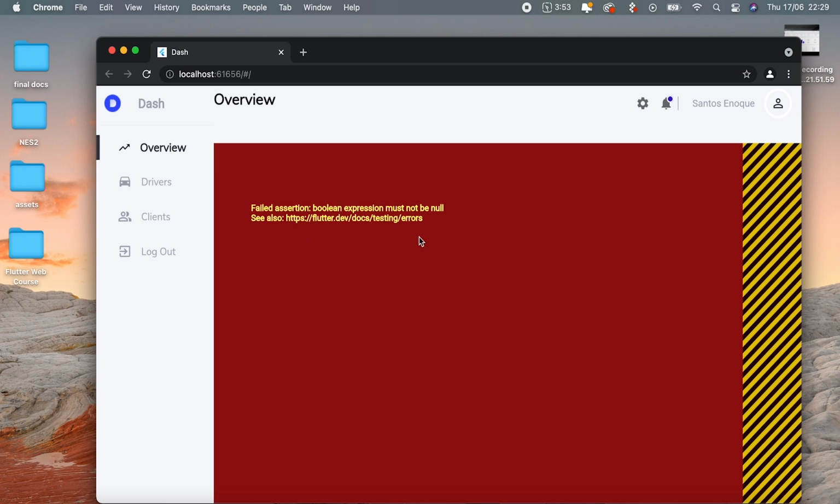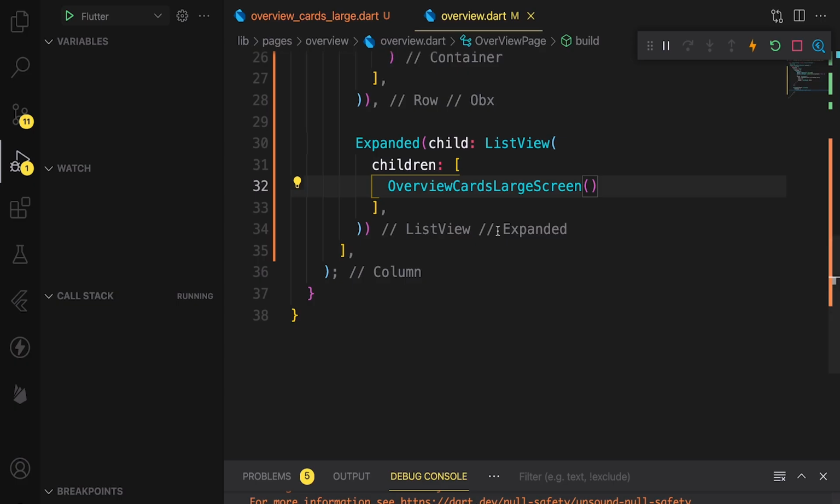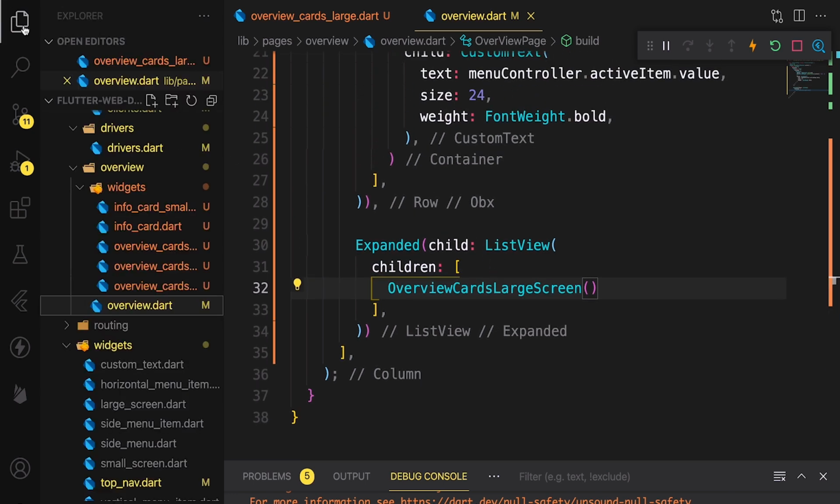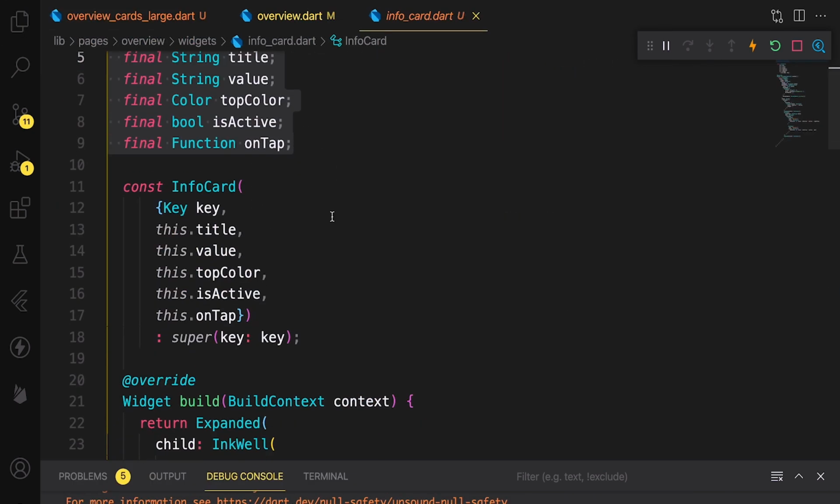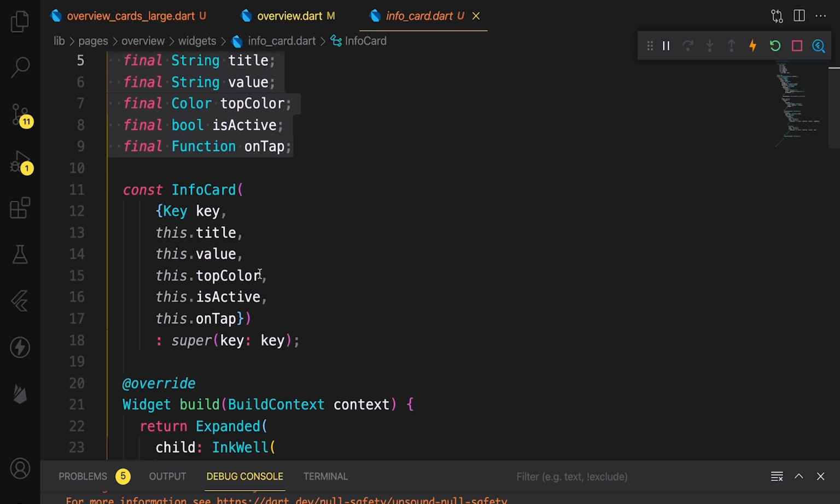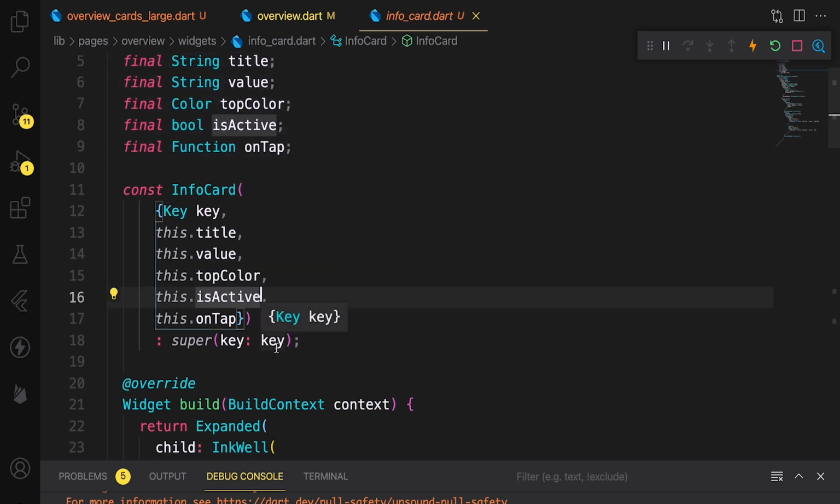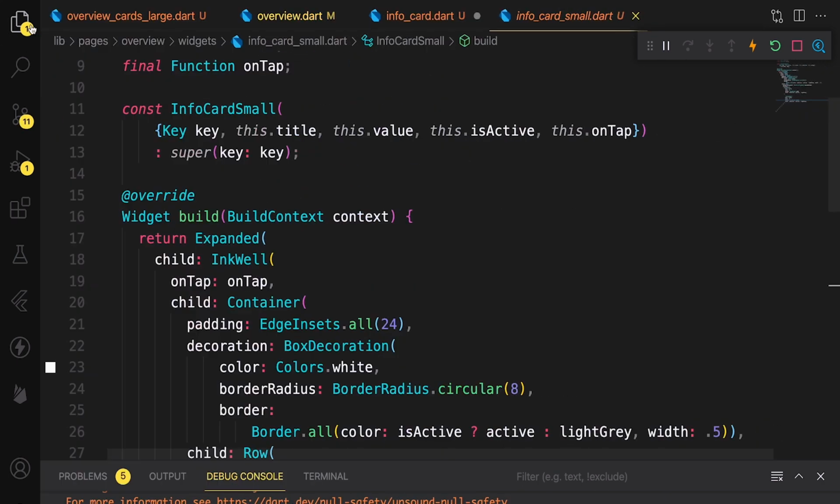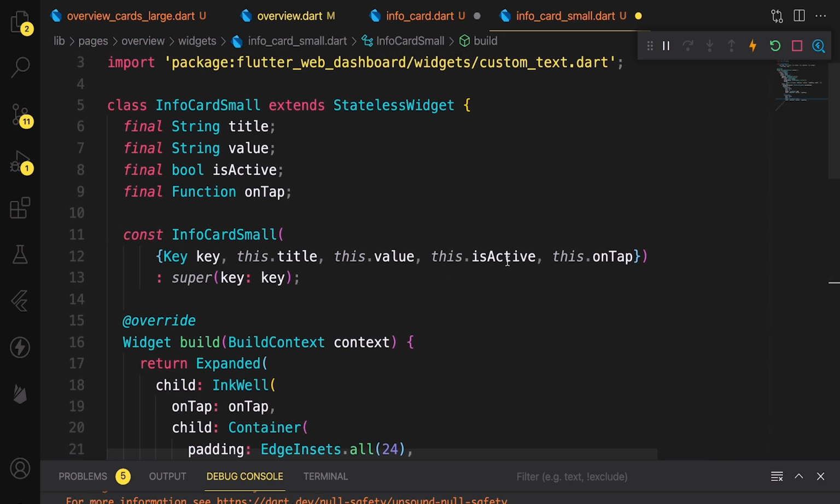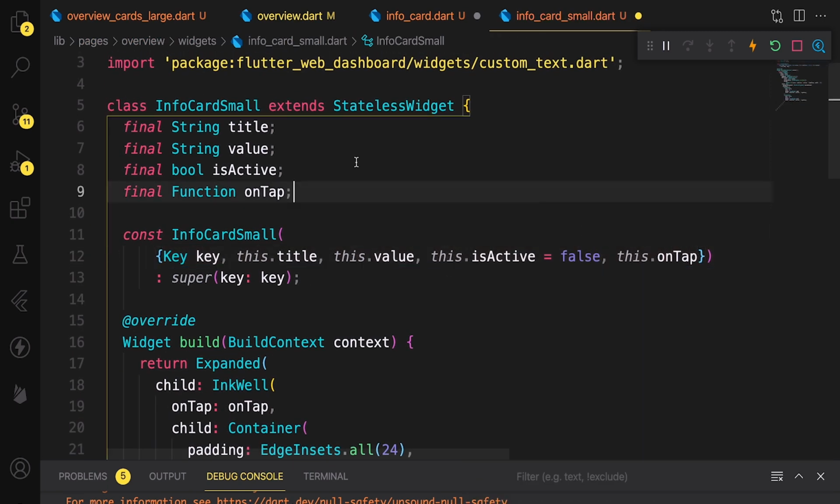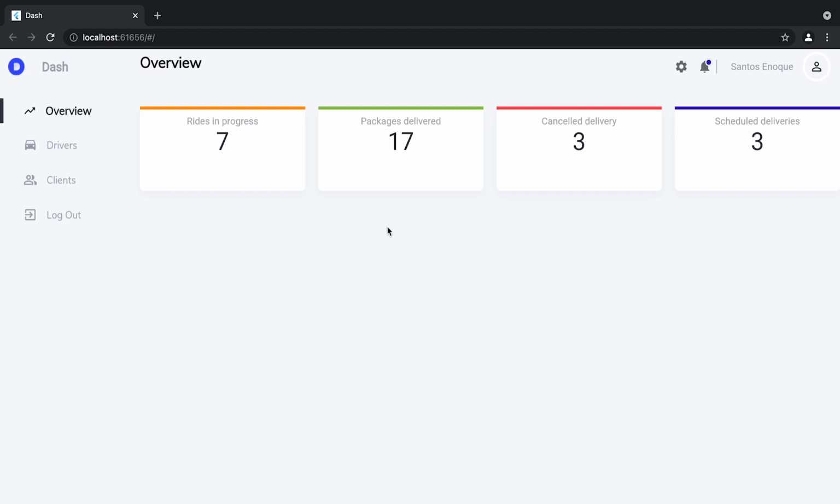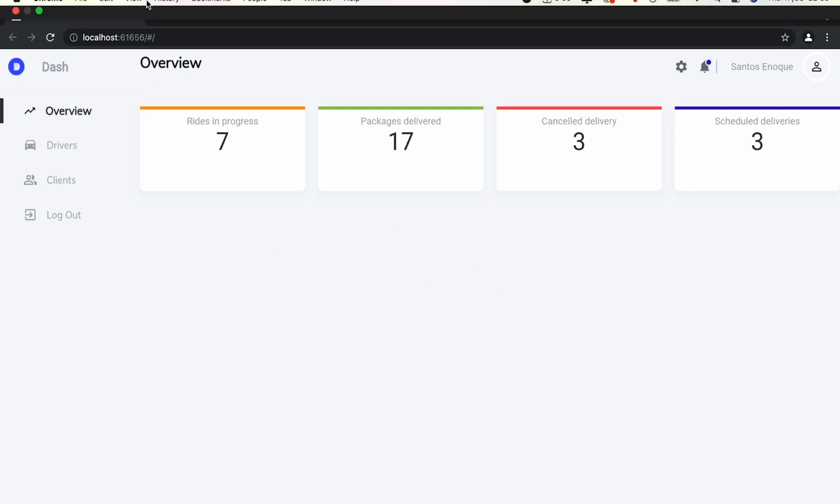Here we have an error. It says something about the Boolean expression being null, and that's a very easy thing to fix. We just have to add a default value for the isActive variable. And here we have it. If we do this,